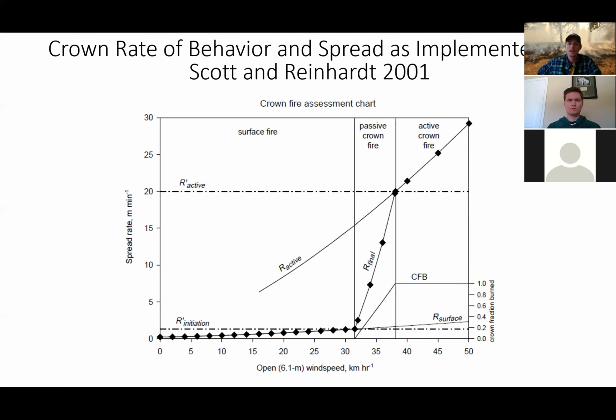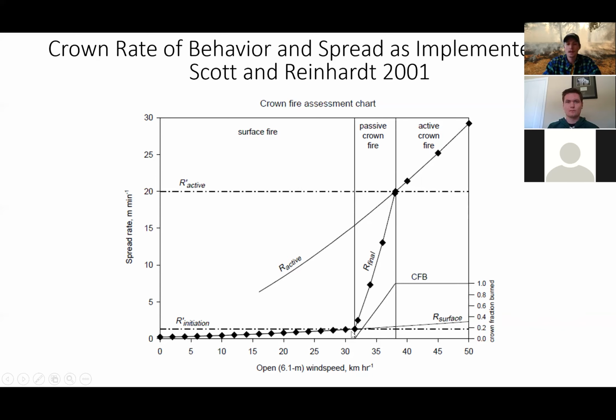And basically, the way that it works is this is a nice plot here where as we increase our open wind speed, we would get a faster spreading and more intense surface fire. Once that surface fire is spreading fast enough and producing enough intensity to start initiating tree torching,